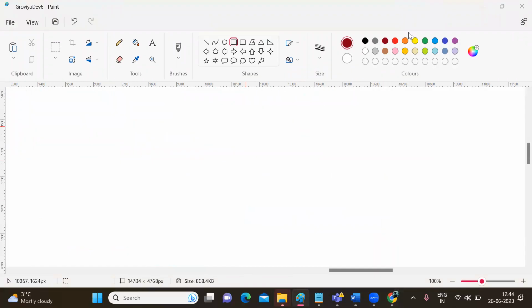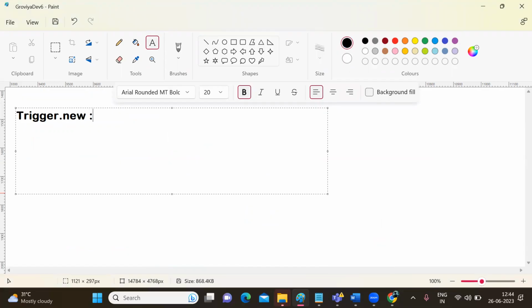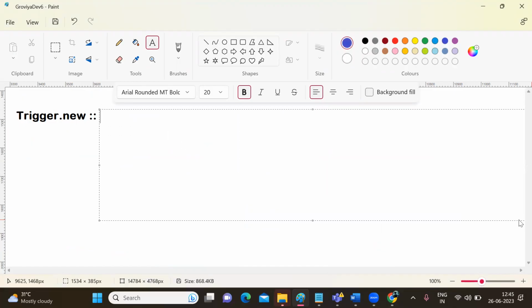Trigger dot new is a variable which will return